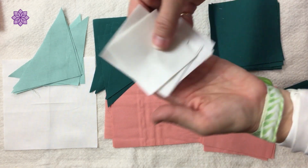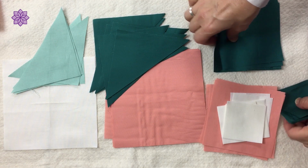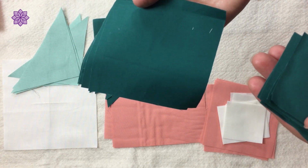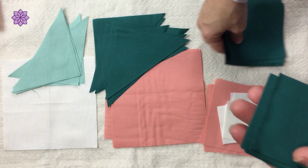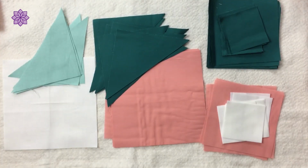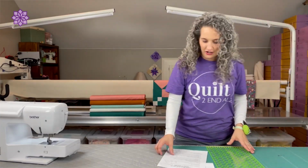I need 8 2-inch squares out of fabric D. And then I'm going to do the same 2 cuts with fabric E. I've got 8 4-inch squares. Sorry about that. Lots of 4s and 8s running around here. So I have 8 4-inch squares and I have 8 2-inch squares. So those are all the fabric pieces that we're going to need. Step 1 of the instructions